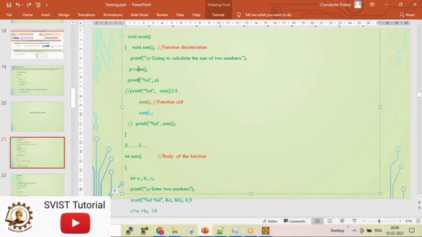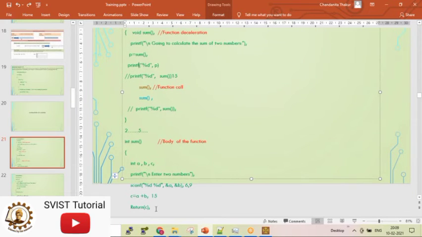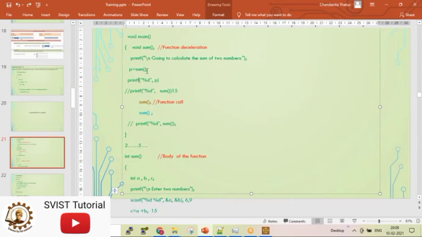So sum is nothing but 15 now. It is not that sum is 15. Sum got called, this is evaluated. C value is returned because of the integer return type, and I am returning here return C. Okay, so C is returned now. This C will be coming inside this only. You don't need to imagine so much. So only P will be getting the value of C. Now you can just print the value of P. Here 15 is getting returned, and which is assigned to P. So when you are printing P, you will see that P is printed.